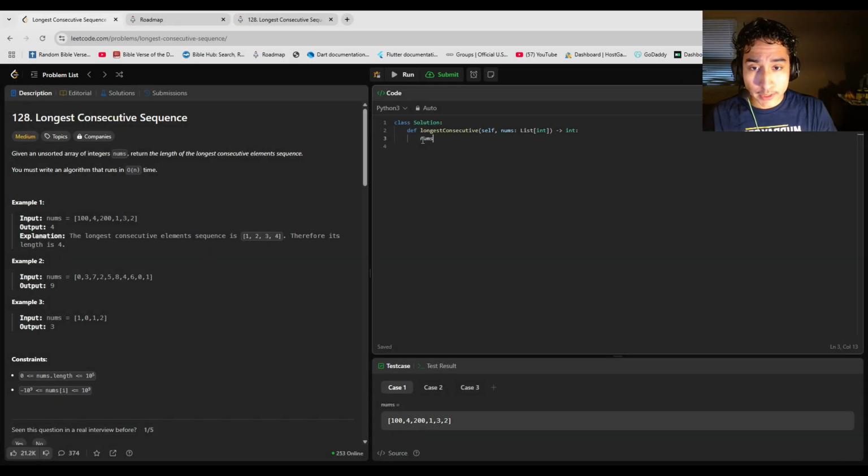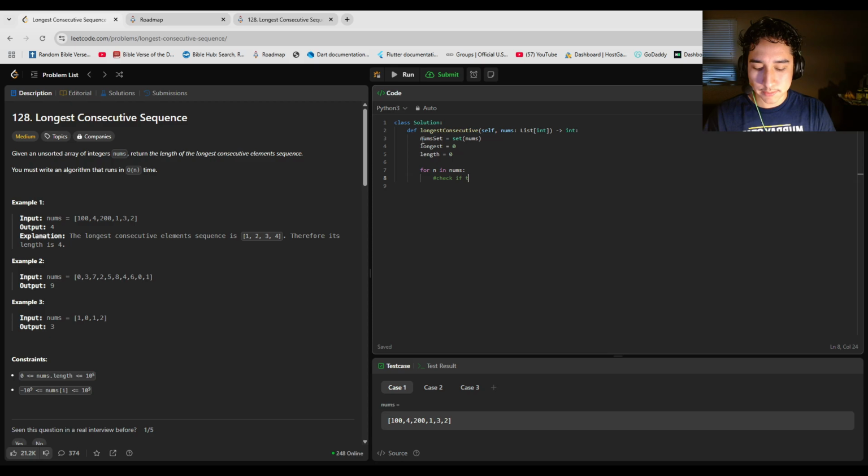So first, we need the num set. We could just feed that into the constructor. And then we kind of need to keep track of the longest consecutive element sequence. Just initialize to 0. We could also initialize the length, because we need to know the length. Then we need to iterate for n in nums, and that's just every element in the array, so it would start with 100, not using indexes here. Then we need to check